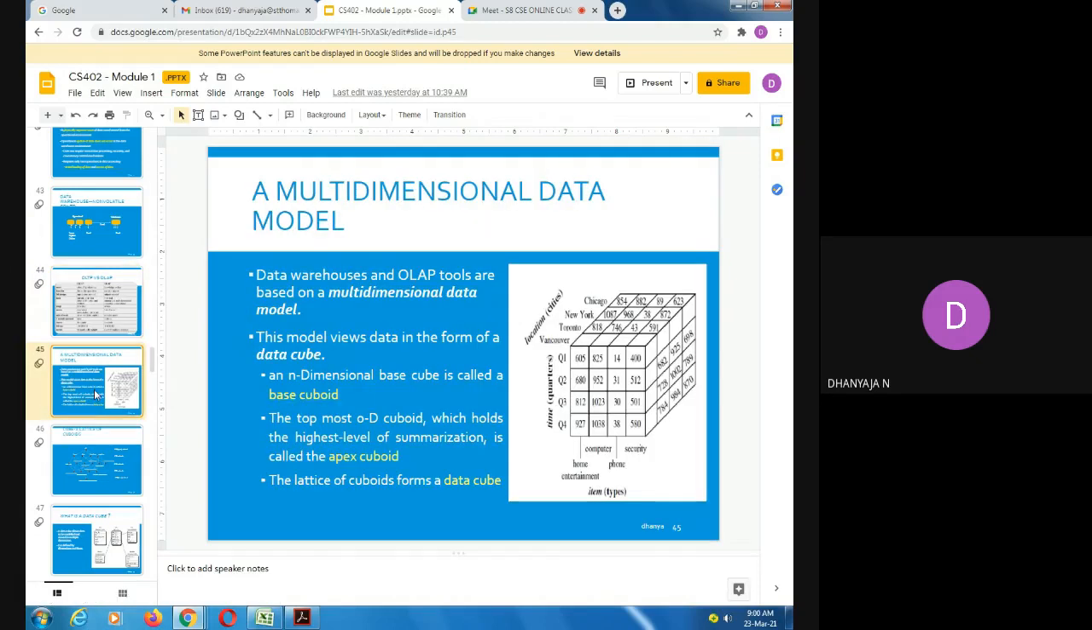Now, OLAP will work on a multidimensional data model. The data warehouse and OLAP tools are based on a multidimensional data model, and this model views data in the form of a data cube. An n-dimensional base cube is called a base cuboid, and the topmost zero-dimensional cuboid, which holds the highest level of summarization, is called the apex cuboid, and the lattice of cuboids forms the data cube. Here you can see